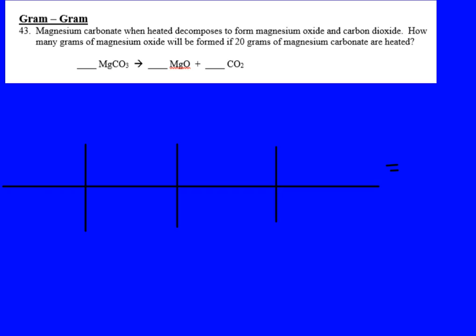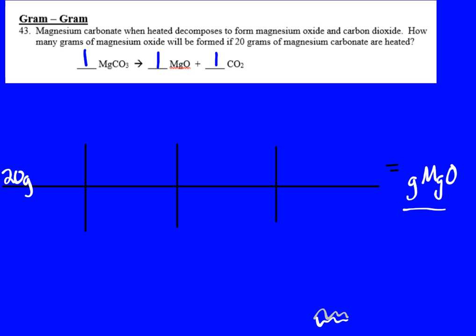It's in your homework on page 14. So it's magnesium carbonate, when heated, decomposes into metallic, whatever, who cares. And then it says you have 20 of those and whatever. I will balance it. It's just 1, 1, and 1. You try the rest. So grams of MgO is what we're solving for. And then I'm going to come and start with my given. 20 grams of